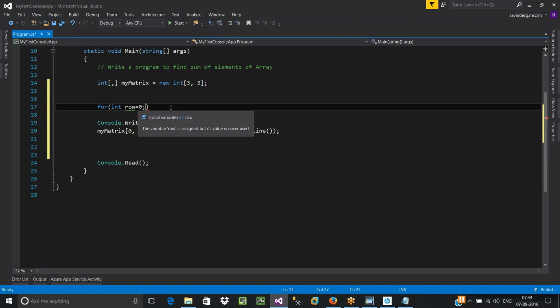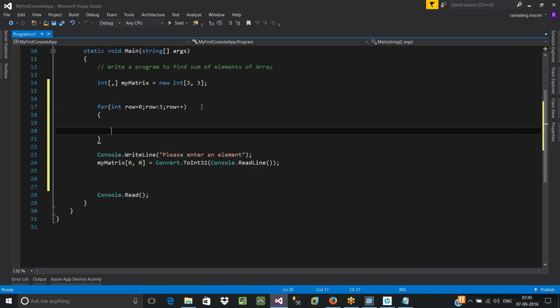Next, how many times does it have to be repeated? Up to the maximum size. How many rows are there? 3 rows are there. That's why it has to be repeated only 3 times. And what is the variation? First you go to the 0th row, then the first row, second row, third row. The variation is 1 between all the rows. So every time it has to be incremented by 1. Yes, done. Once the compiler comes to your for loop, your row is going to start from 0. Is 0 less than 3? Yes, the condition is true. It will go inside.